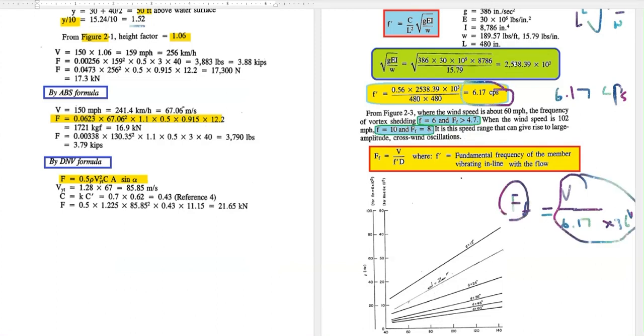For example, wind velocity of 60 miles per hour, divided by 6.17 into 36 inch, right? In that, then the F value becomes, vortex shedding 6, F greater than 4.7. So from here we can calculate this F value. F becomes 6. Wind velocity is 60, 36 inch. Then this Reynolds number is